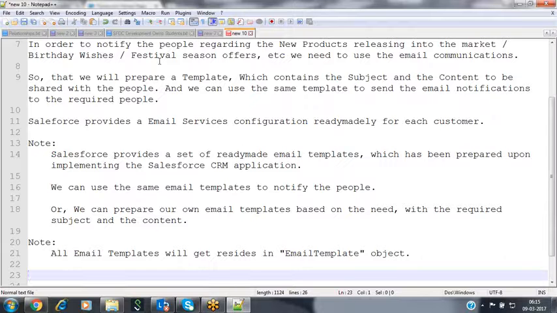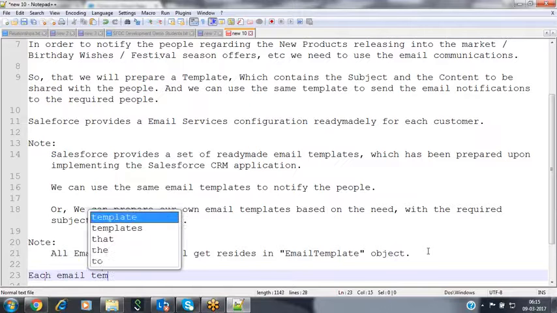In a similar way, whenever you are creating an email template, each and every email template will be stored inside a folder. Every email template should be stored inside a single folder here. That folder decides by whom these email templates can be accessed. Who are all the people who can access those email templates? That is decided by that folder. So in this kind of scenario, all the email templates will be stored inside folders.